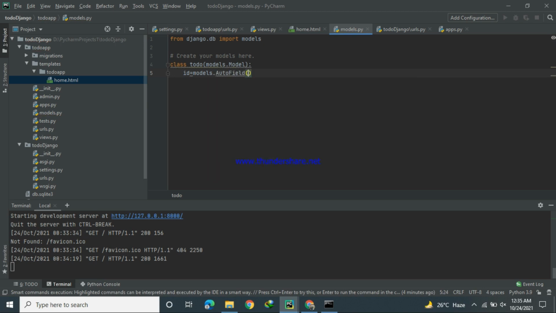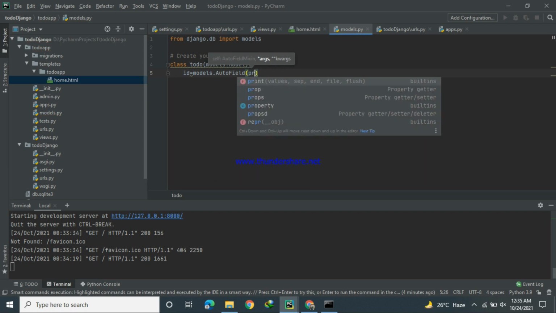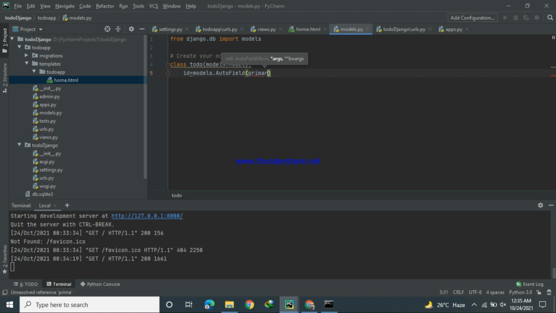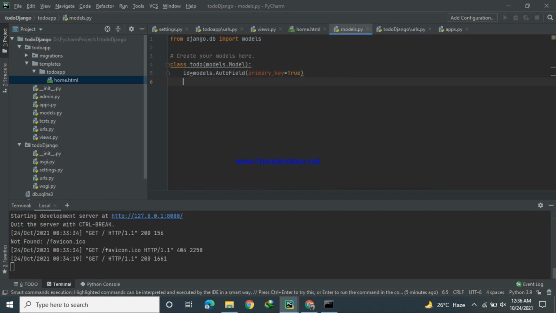This field will be auto-incremented and will act as a primary key. Our second column is the Todo title.